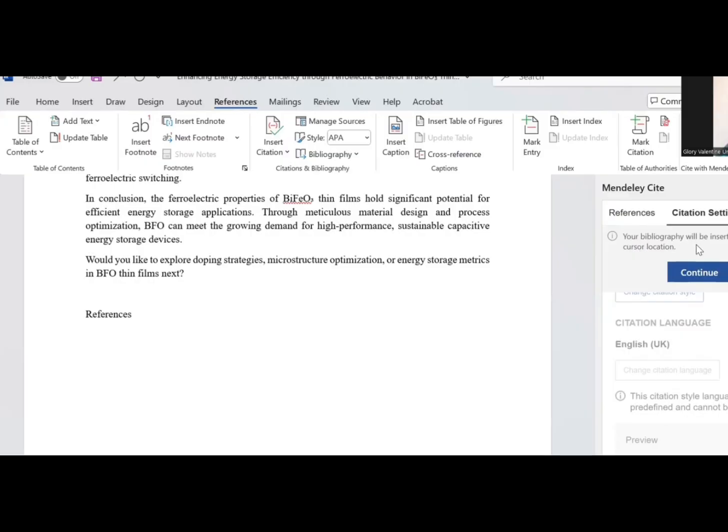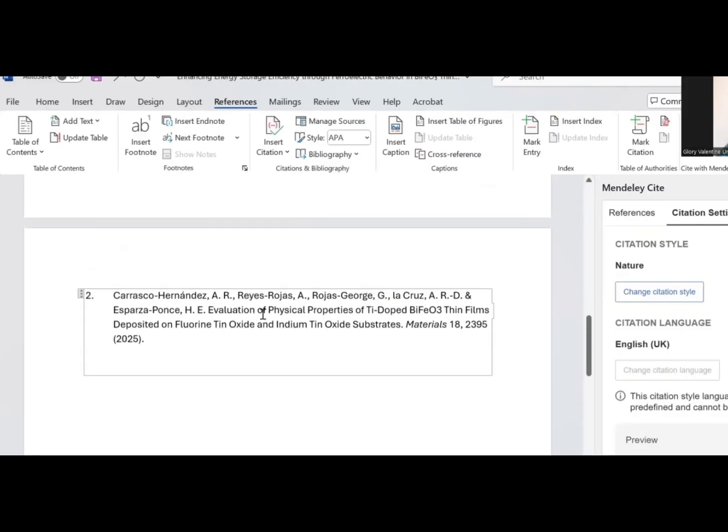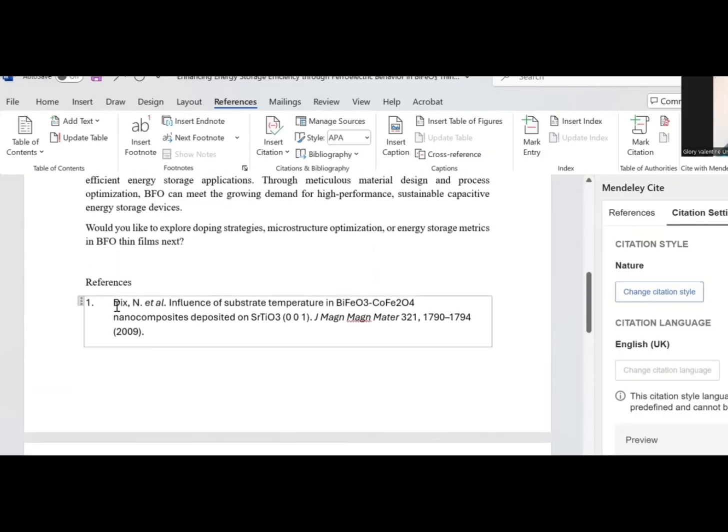It shows here that your bibliography will be inserted at your cursor location, which I already mentioned. Place the cursor where you want your bibliography to start, then click on Continue. As you click on Continue, it has already been entered. Here it is. We have 1